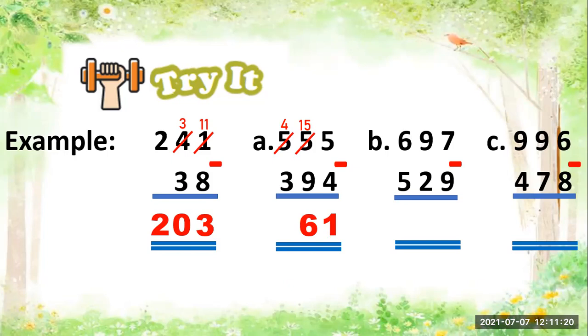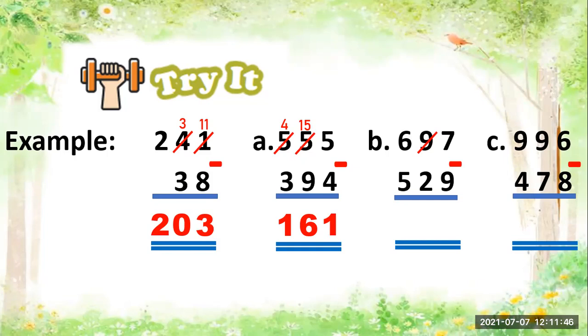Okay? So just like that. And then we will proceed to the hundreds place. 400s minus 300s is equal to 100. So 545 minus 394, the answer is 151. Now letter B,